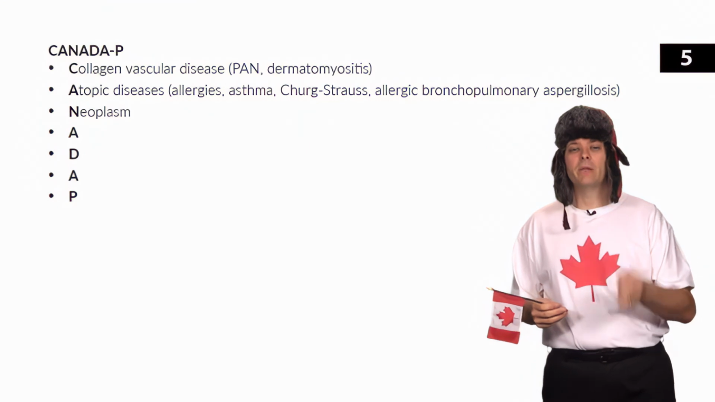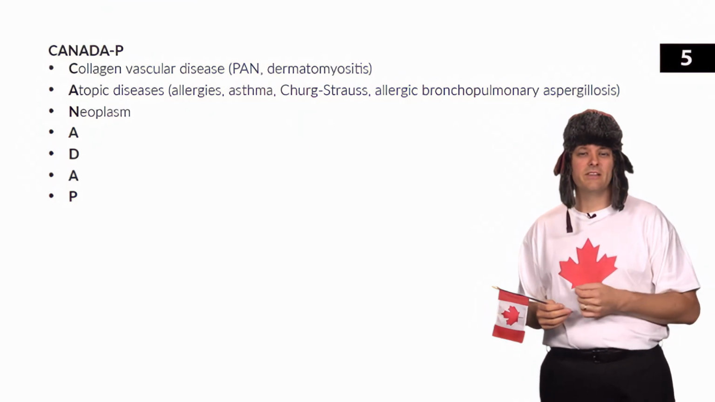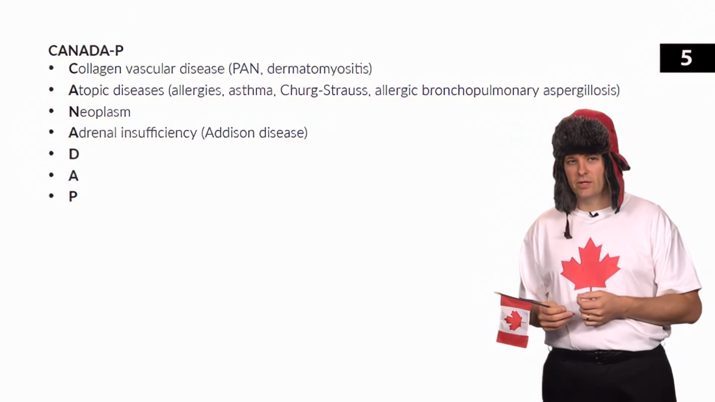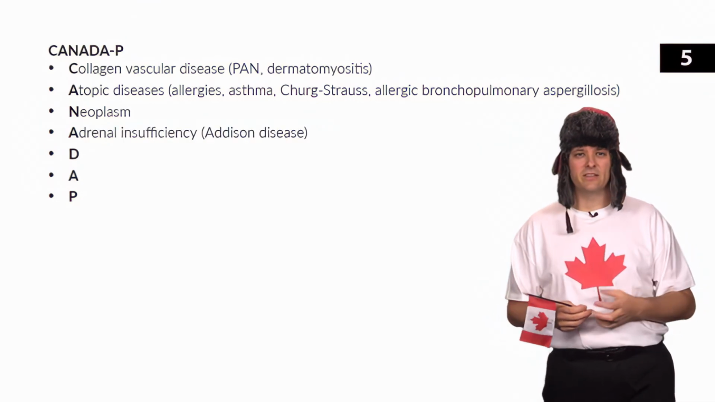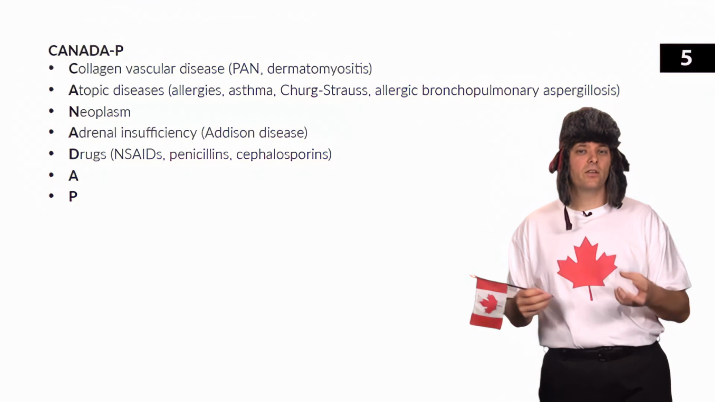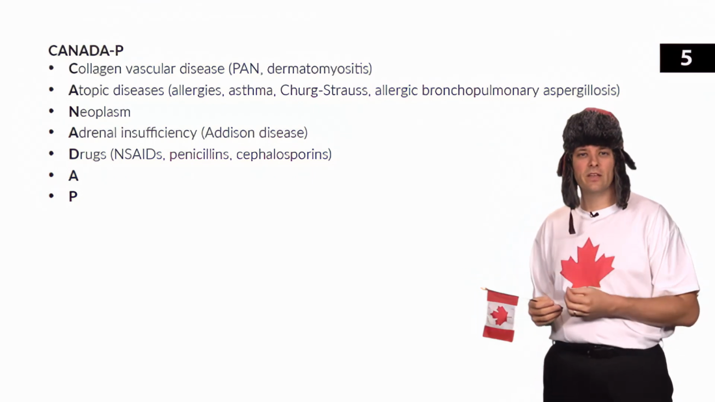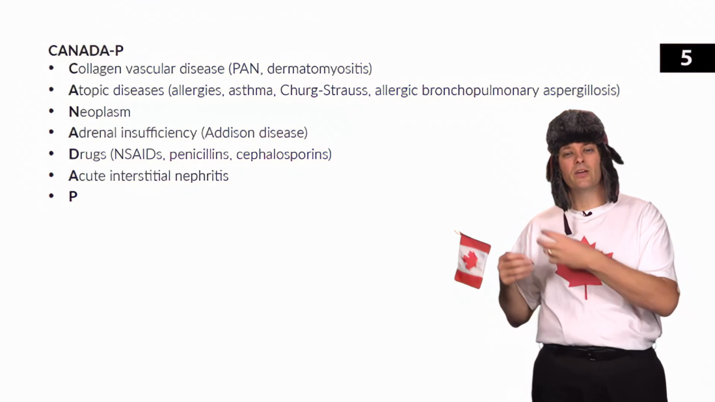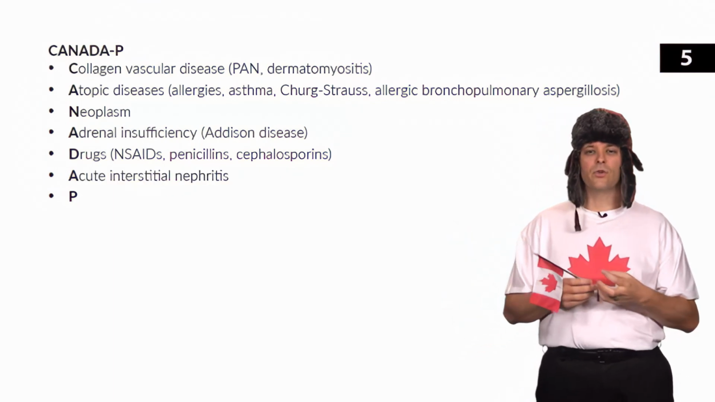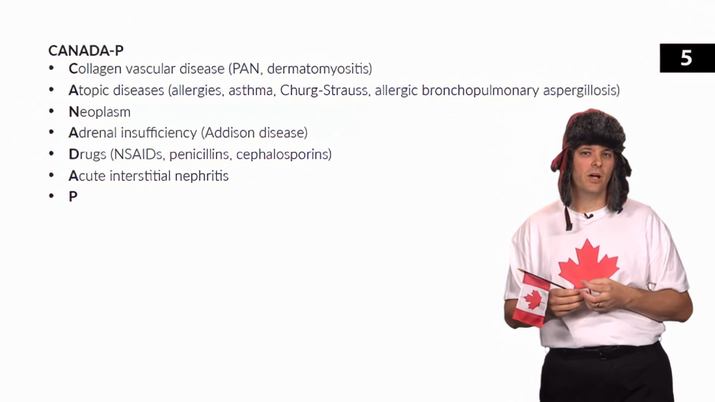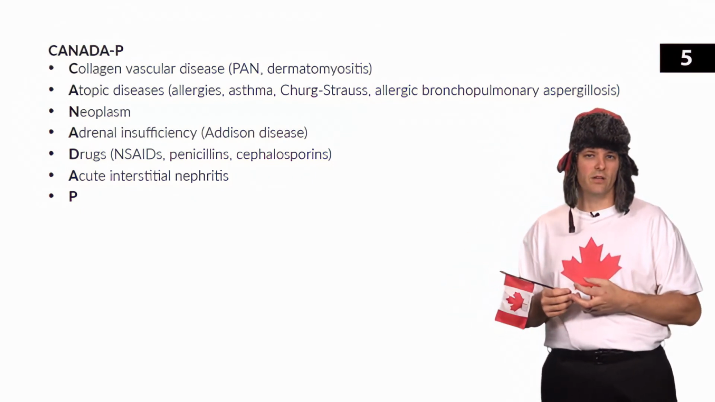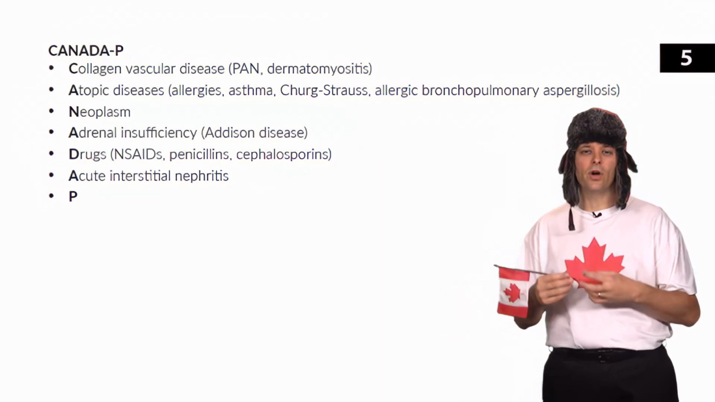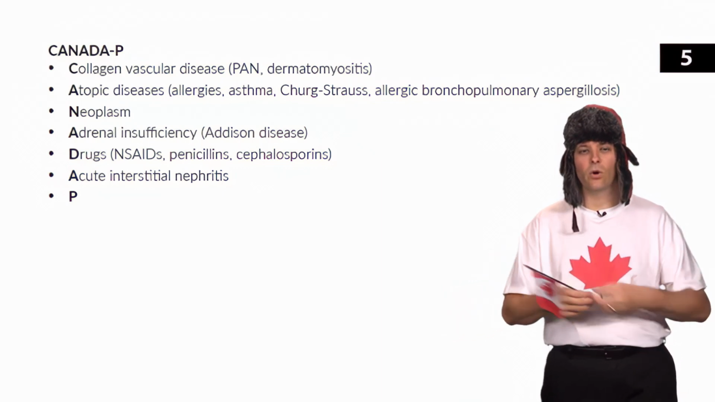The N is for neoplasm. Eosinophilia can be seen in several different malignancies. The next A is for adrenal insufficiency, which is also known as Addison disease. The D is drugs, including NSAIDs, penicillins, and cephalosporins. And the third A is for acute interstitial nephritis, sometimes called drug-induced nephritis, sometimes called allergic interstitial nephritis. So you can think of drugs and allergies can cause eosinophilia, and they can also cause allergic interstitial nephritis or